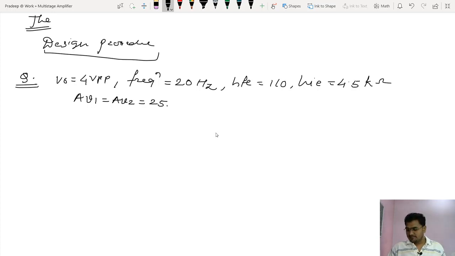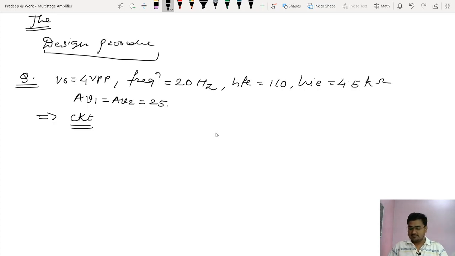Now, whenever we start with any design, the first thing that we do is the circuit diagram. So here you have to draw the circuit diagram. Don't draw it right now. Skip a few lines so that you can do it afterwards. Here with me, you just start with the equations and calculations. So keep some space for this circuit diagram and draw it later on.